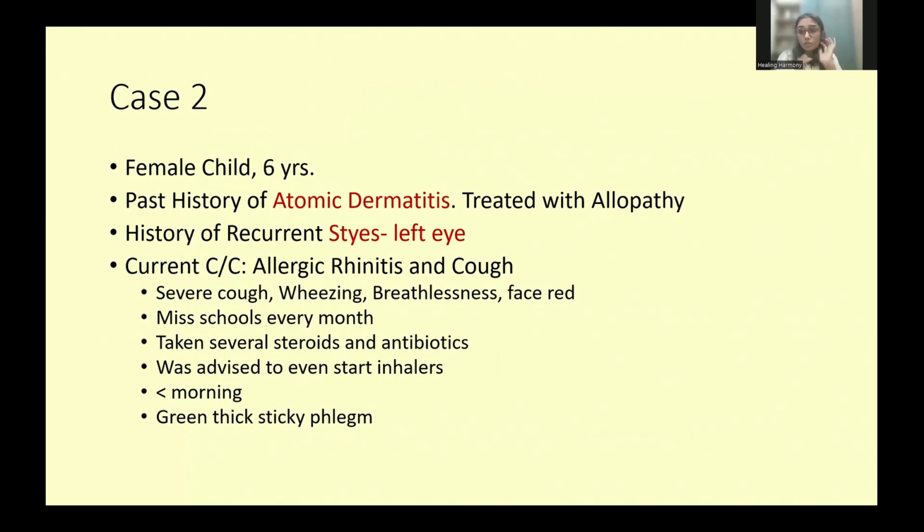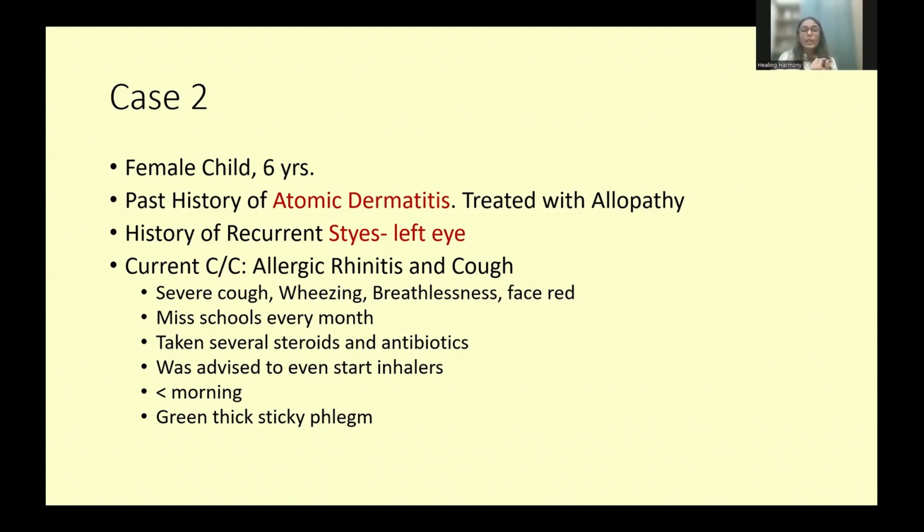And when she came with us, she didn't come to us with any skin complaints, okay? But there was a past history of atopic dermatitis when she was very, very young, and she was treated with allopathy. Then another past history was that she used to get recurrent styes, and the styes are on her left eye. So this is very important. You have to take all of these symptoms into consideration because it was not just a one-off stye, recurrent incidences